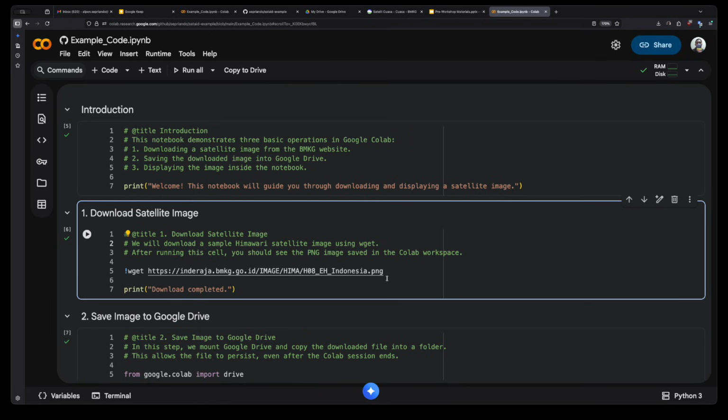Yeah, Colab includes the Gemini AI assistant, which can help you in two ways. The first is generating a simple script.